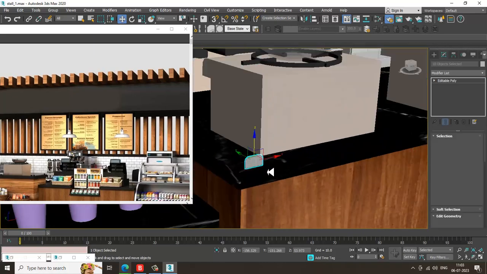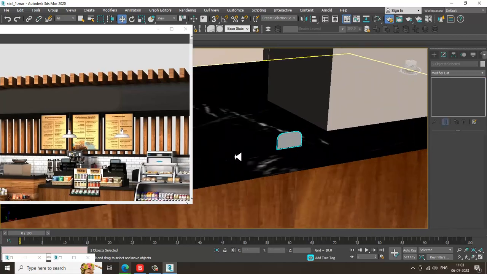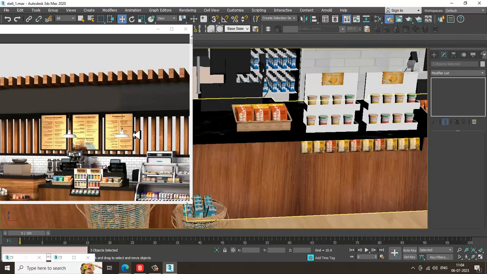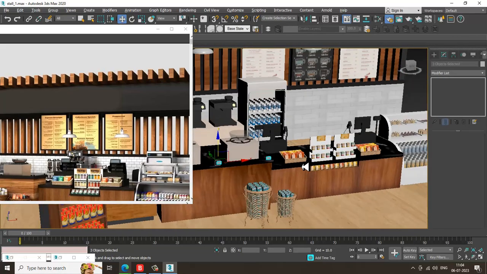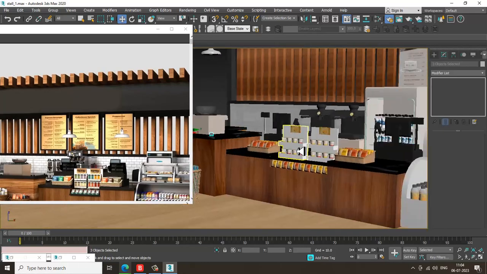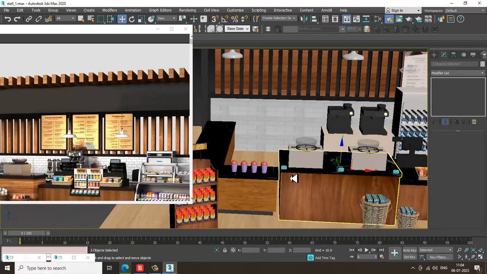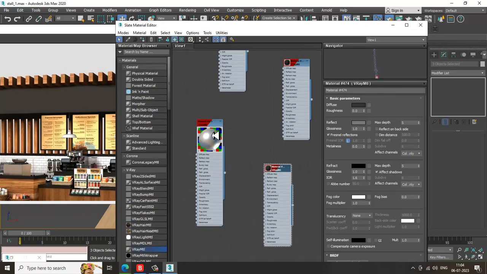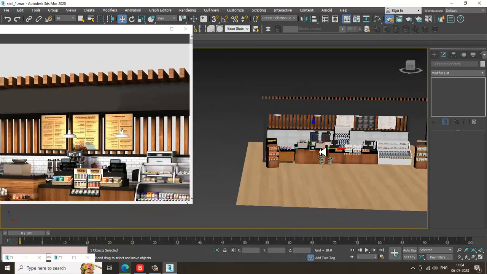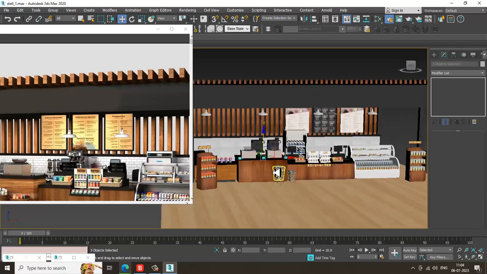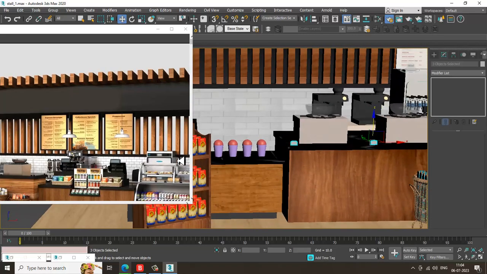Over here we can just select this and this. So wherever we have assigned the glass stuff, we can put this stuff. So let's again go over here and I'll just assign this over here. So let's just save your file once over here again. So I can easily save the file over here. Now let's select this